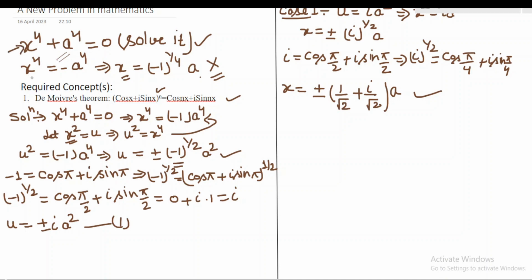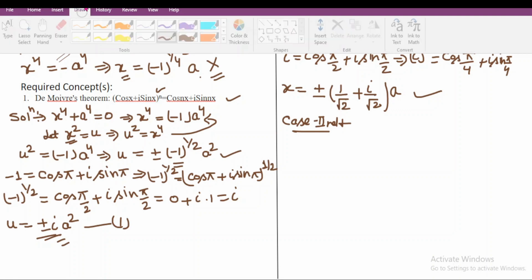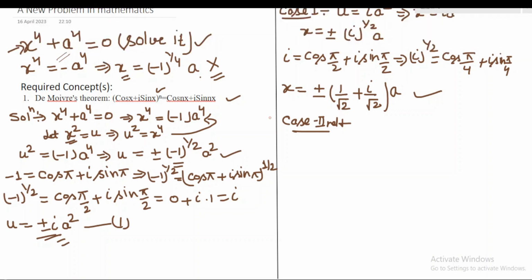Okay, now we will work for the other two roots. Now we will move towards the second case. What does the second case say? The second case says when u equals minus i a square. Here we can see, using another style, now what we are having is u equals minus i into a square. That means